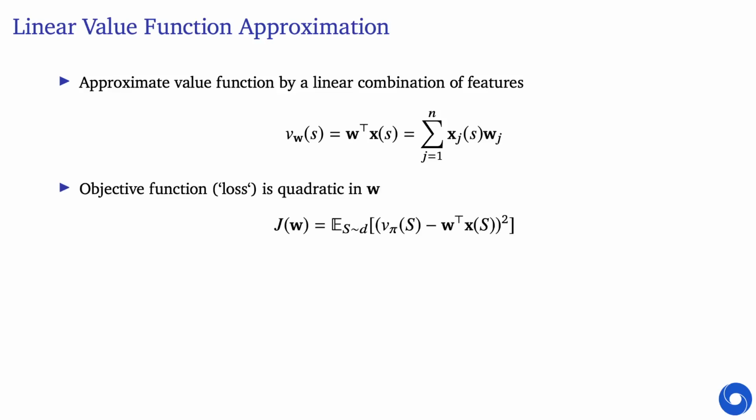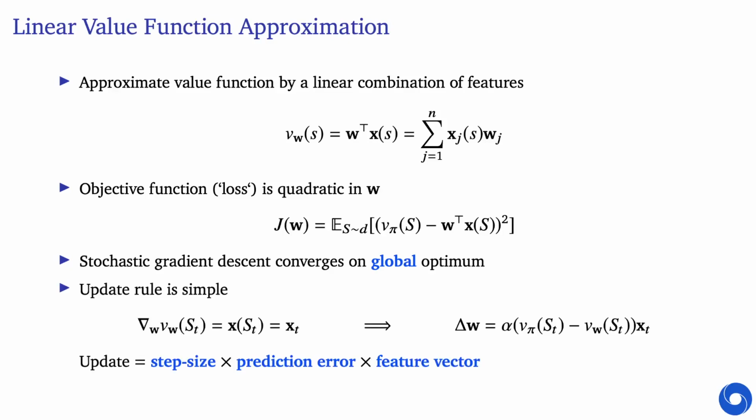And then we could define our objective to be, as before, a quadratic objective where we compare to the true value, v pi. For now, let's just assume that we have that true value, and we'll plug in real algorithms in a moment. But for now, we just consider that we have those regression targets, and there's going to be some distribution over states. This distribution is called D here, and for instance, it could be due to your policy, or maybe you have some different way to sample the states. Then this algorithm can converge to the global optimum if we do stochastic gradient descent, if we would regress towards this true value function,